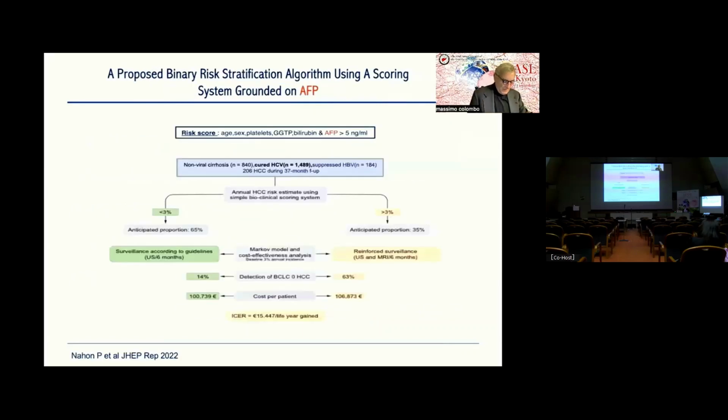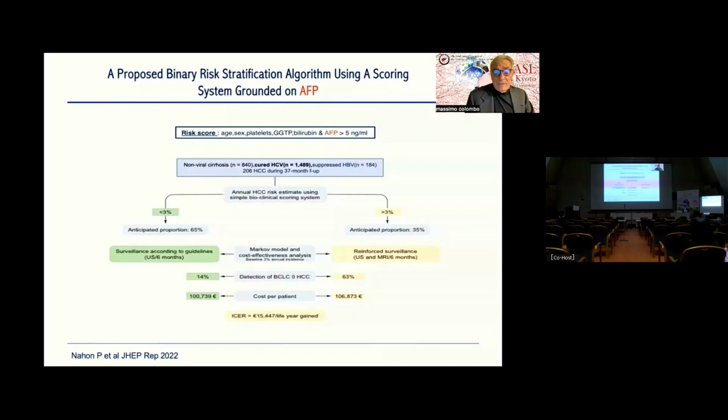Dr. Nahon, a few years ago, developed a study which was able to identify patients with a high risk of developing liver cancer, more than 3% per year, versus those with less risk, using an algorithm composed of demography, age, sex, disease severity, platelets, GGT, bilirubin, and the pillar alpha-fetoprotein. Using a Markov modeling, it demonstrated that when the high-risk population, which was a minority, one third of the overall population, which included 1,500 patients with hepatitis C, was investigated with reinforced surveillance MRI every 6 months,